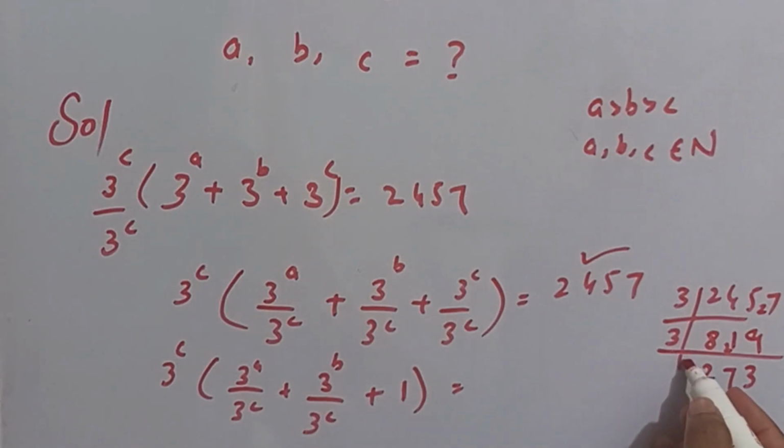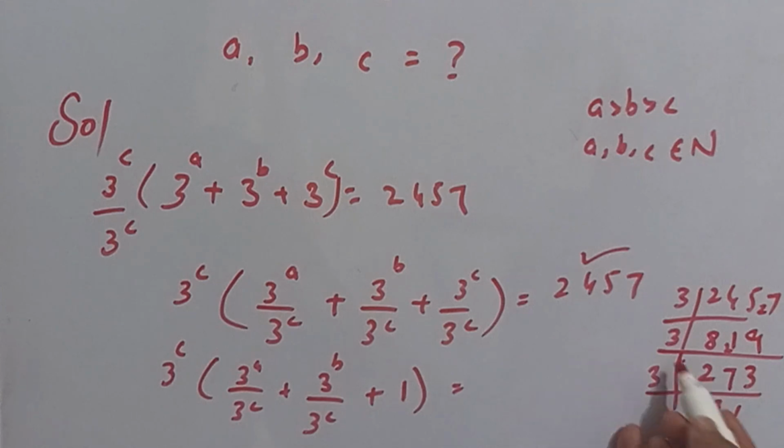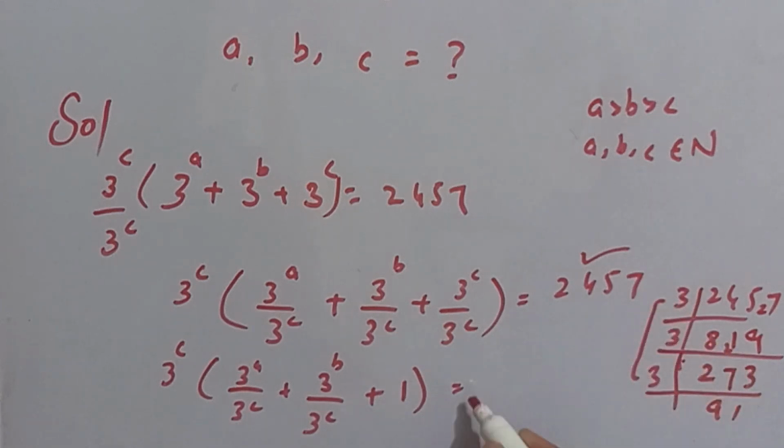Now again divide this by 3. 3 9s are 27, and 3 1s are 3. We cannot divide this 91 by 3, so we write this as 3^3 multiplied by 91. Now at the next step,